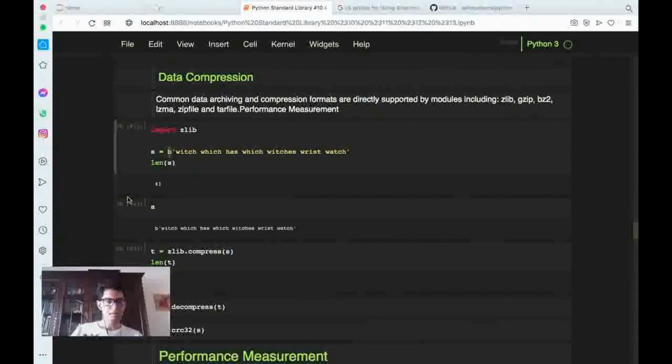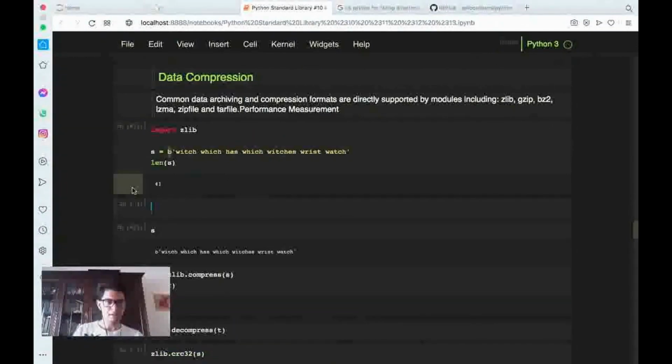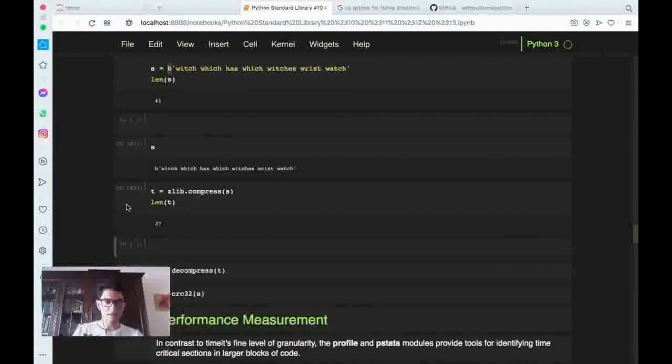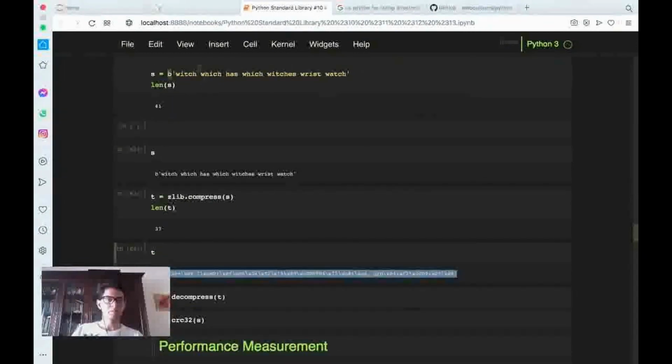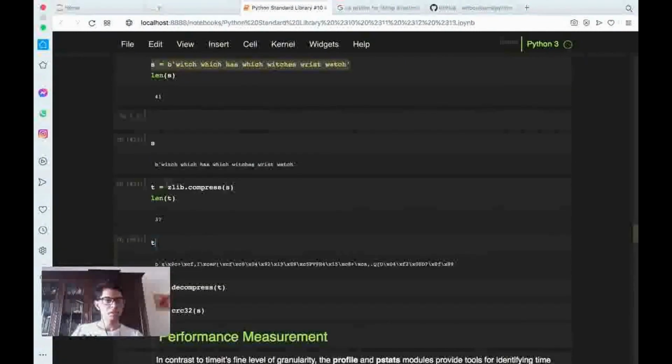So I guess the length of s here would be len of s. Yeah, it's also 41 characters, so it's totally fine. But here, if we take this t and print t, we'll have some compression. We have compressed this s string into some more compressed t with some zlib